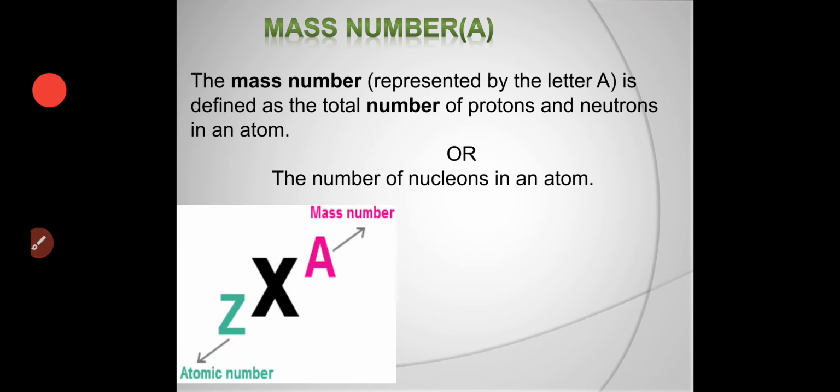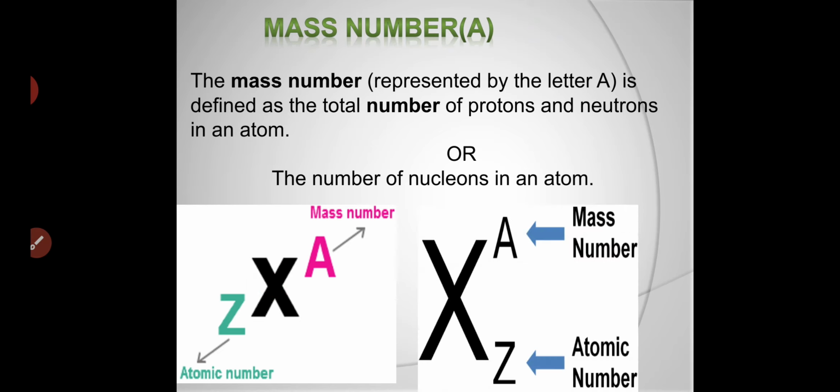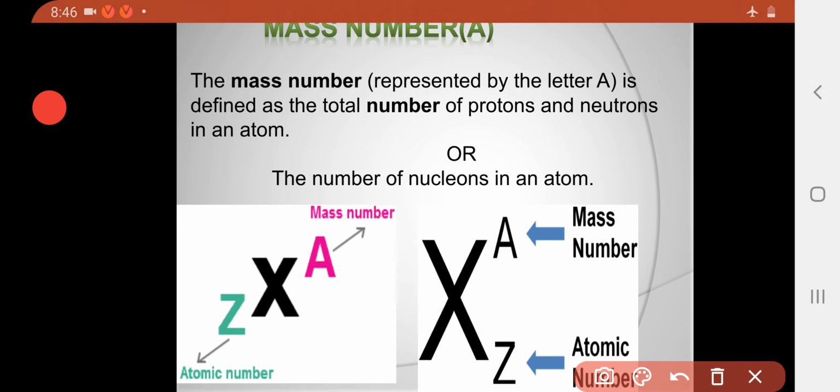How do we write the atomic number and mass number? In this way, the atom is indicated at the center. Suppose, for example, hydrogen. What is the atomic number of hydrogen? That is 1. So if you indicate the mass of hydrogen, and it is 1, then write it as 1.